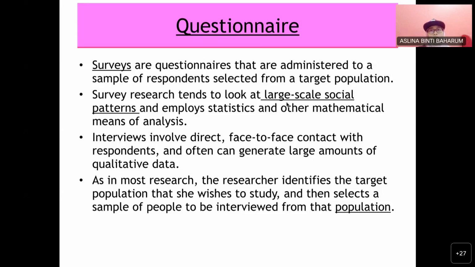Interview is more than 30. So 32 is what we call the rule of thumb method, must be 30 or more than 30, 100, 200. So the more you get, the better analysis that you can do. Okay, because